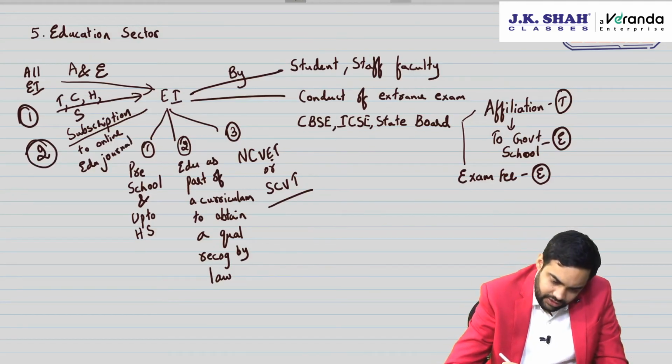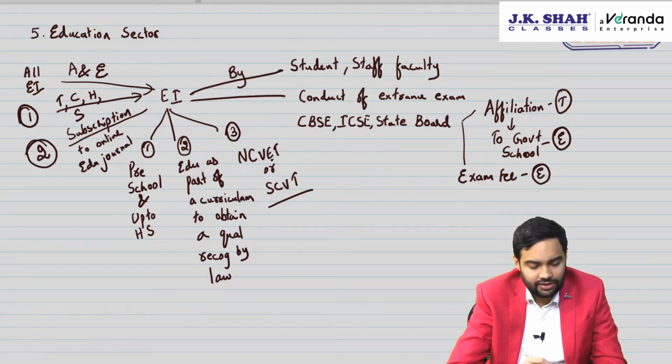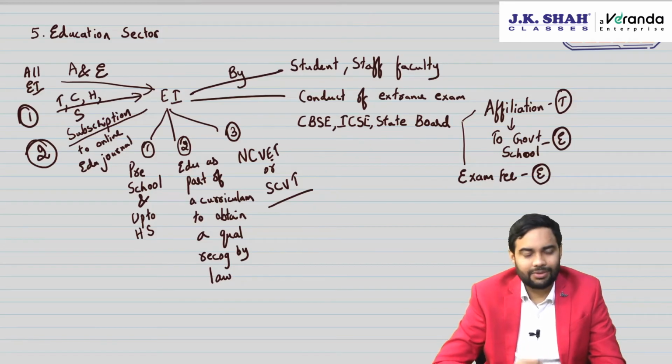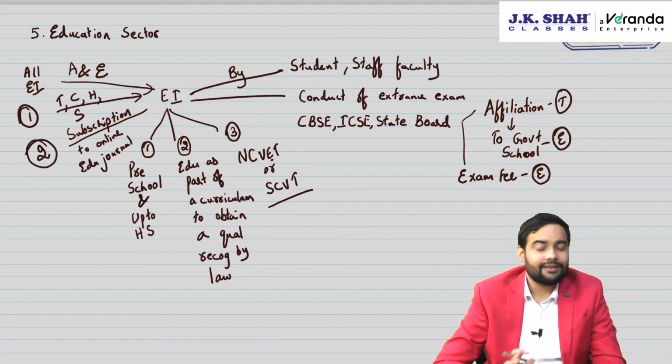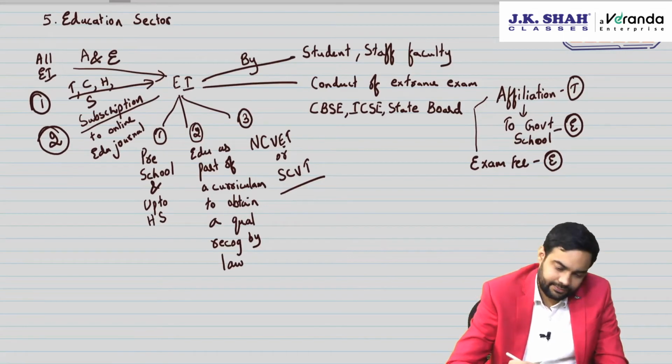Housekeeping and security, be very careful, it should be within the education institute, only then exemption will be available. Transportation anyways cannot be within, canteen also can be outside, no problem at all, but housekeeping and security should be within that education institute, only then it will enjoy an exemption, otherwise exemption will not be available. So be careful of all these points relating to education sector.